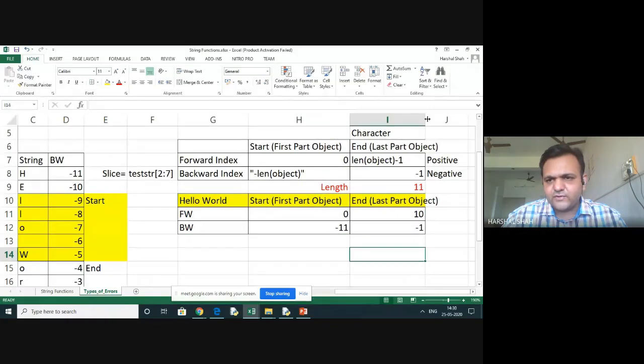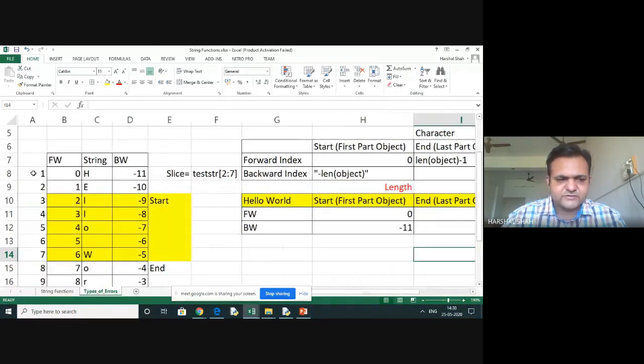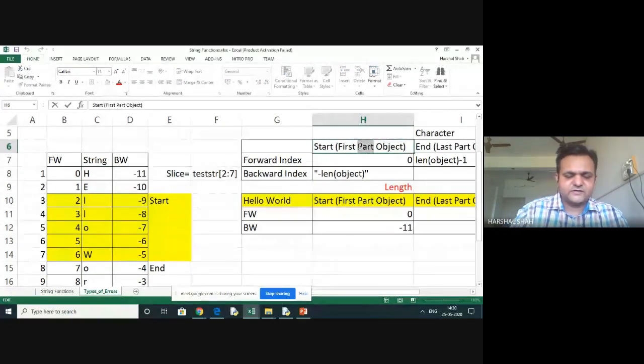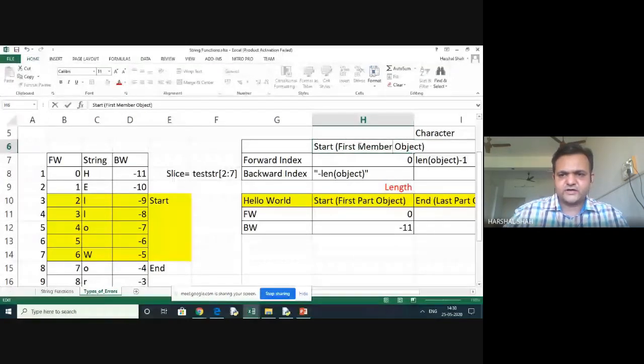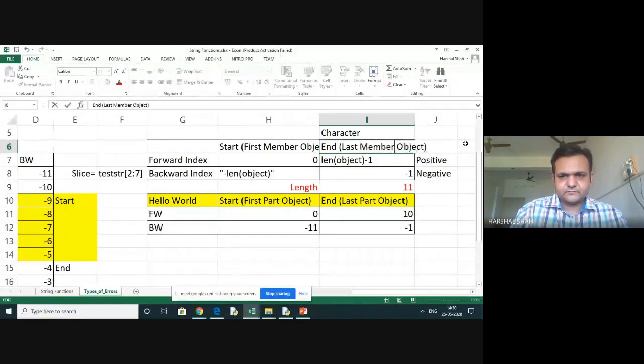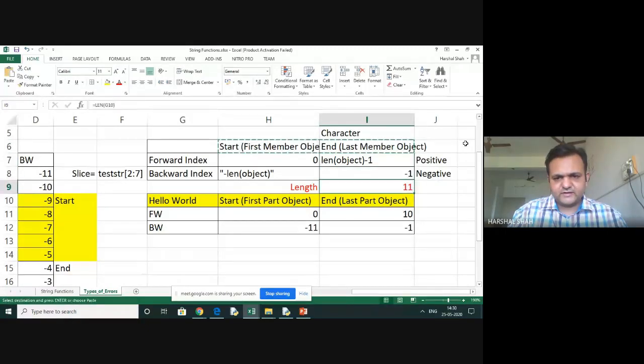Okay, I hope I made you very clear regarding this positive and negative. Let's understand with very much detail. So I am marking each and every character, and in the case of list and in the case of tuple, here they are the member object, which is called a member object. So I'll write here, not part, I'll call it a member object. Here all our characters are members. So we call it the last member object. Okay. So this will be replaced here. Now don't say part, it is a member.